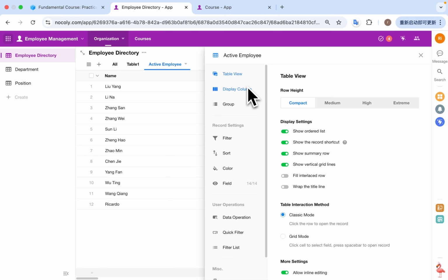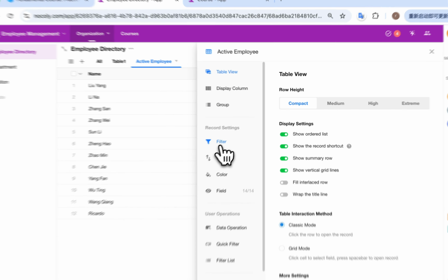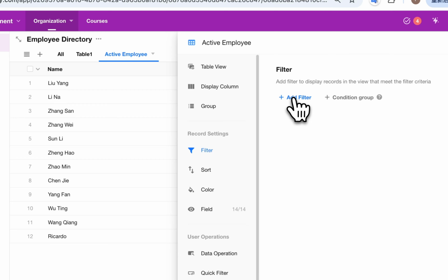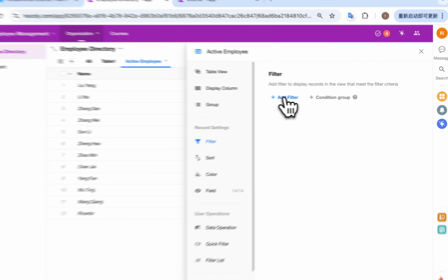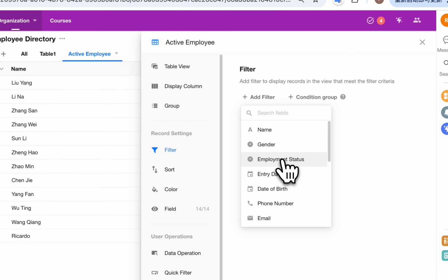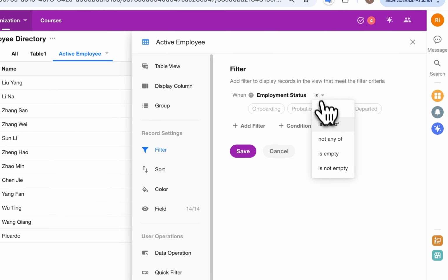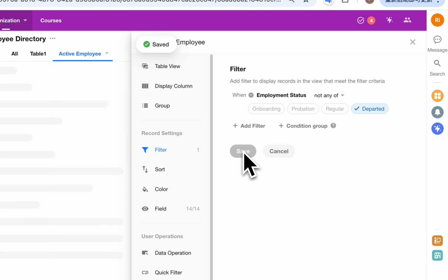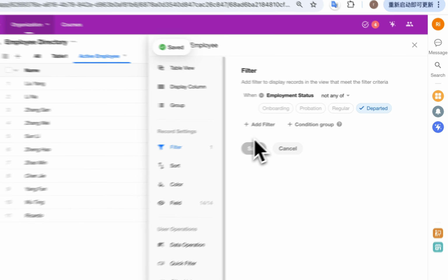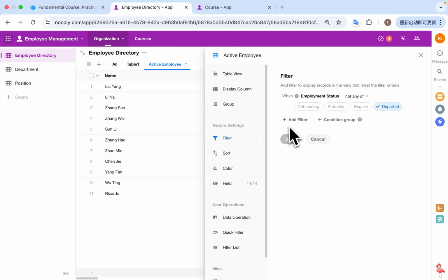The first step is to set a filter. Let's add filter. We can find the employee status and set the filter is employee status, not any of departed. Click Save. This way, our view will only display active employees. Next,